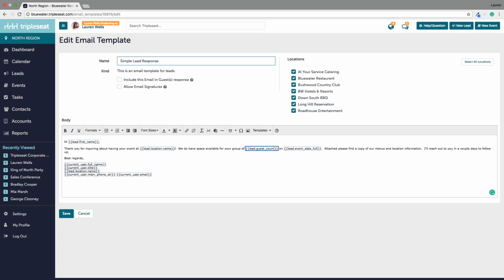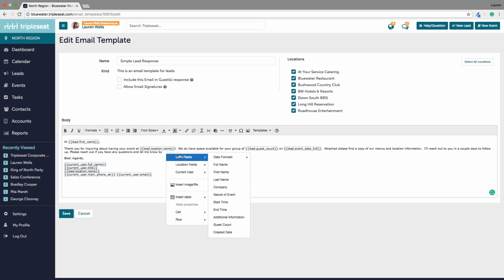Of course, in here you can name your templates. You can choose what locations they are available to you. And all you do to edit these and create them is you just start typing. You know, please reach out if you have any questions. And let me know by, you know, and once you get to a place where you want to input one of those fields, when you get to the point where you want to put in the fields, it's a right click, and then your menu pops up with the different fields. So a lead field, first name, last name, nature of event,